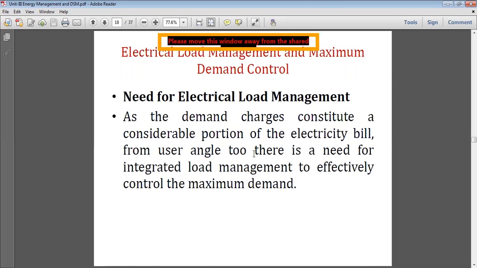The demand control is used because the energy bill comprises two components. One component is the demand charges and the second component is the actual energy consumed by the consumer. So it becomes very necessary to control the demand. If the maximum demand is more, definitely the electric bill will be very high. So it is our duty to control the maximum demand by different methods, which we are going to consider